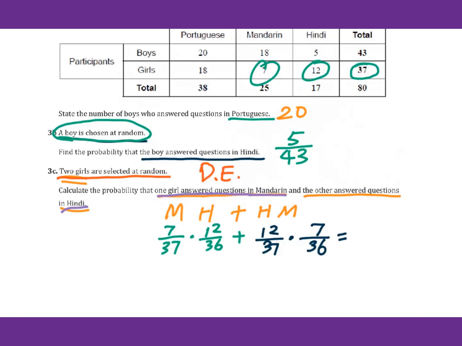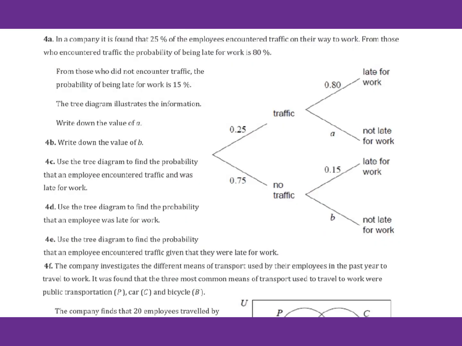We put it into the calculator, you will get 14 over 111. So when you do this kind of question, you have to be very careful. Always check whether there is more than one choice. Let's go to 4A. In a company, it's found that 25% of employees